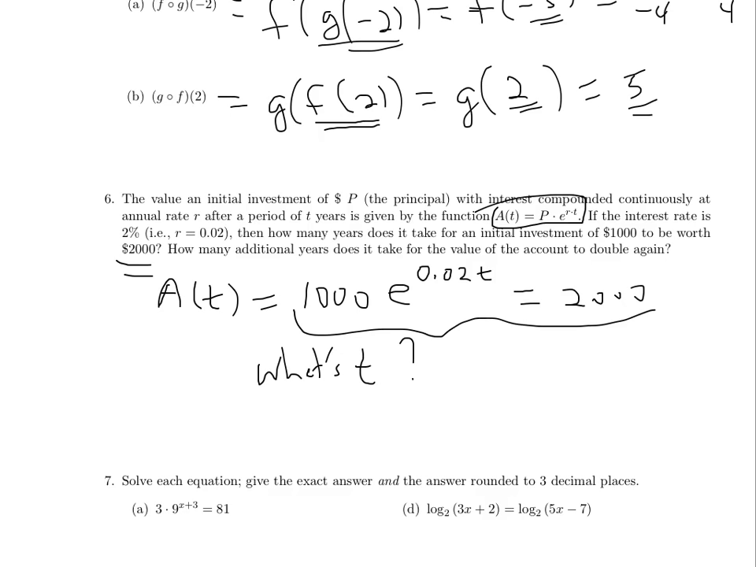We can see that when it says how many years does it take, right? That's asking about a value of t. So the question is, what is t? And the amount is 2,000. So they're giving us the output of 2,000 and asking us for the input. To solve this equation,